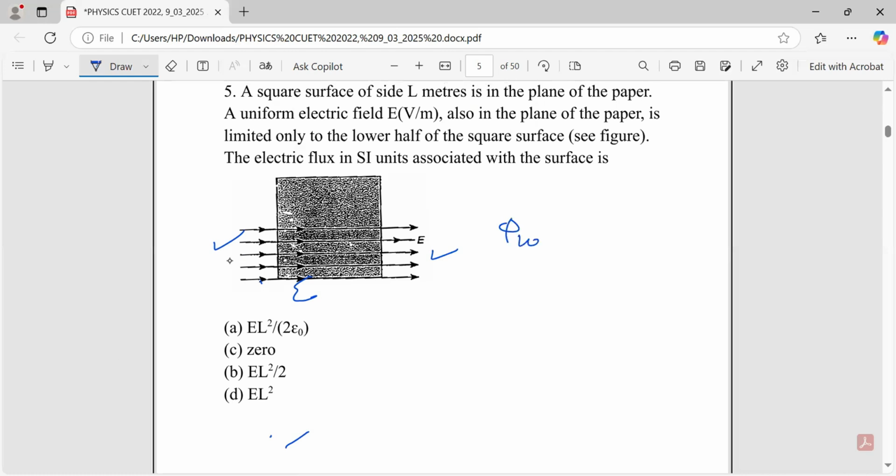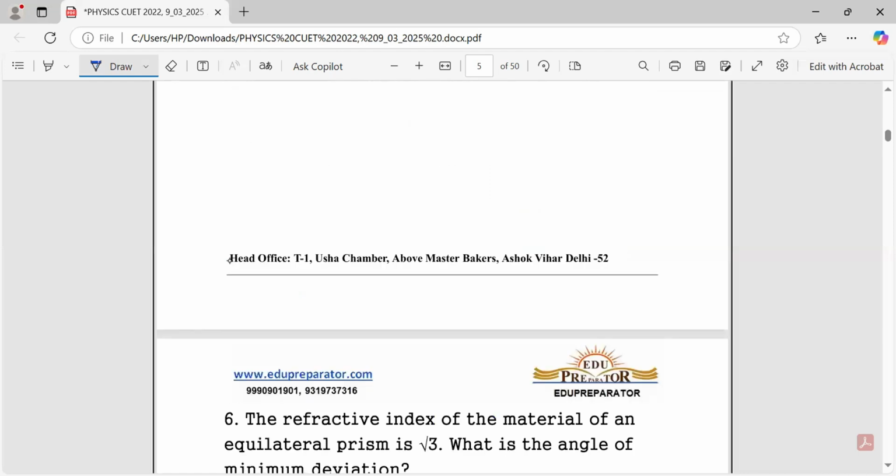So the net flux enclosed will be equal to 0. So without unnecessary bothering, just keep the point in mind, because the number of field lines entering is equal to number of field lines which are leaving. So therefore we have the net flux associated will be equal to 0. So let's move further